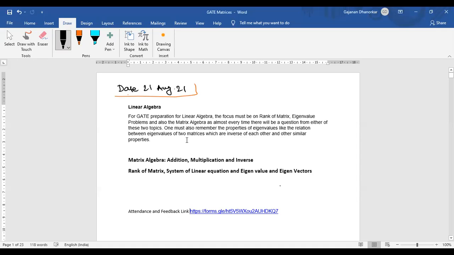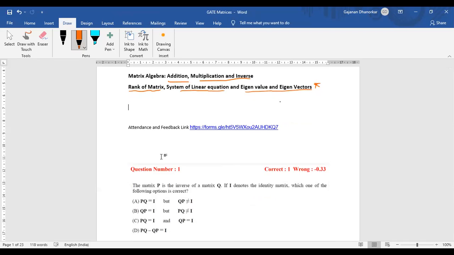For today's lecture, I will start with the simple part of linear algebra, and I will cover some examples on linear algebra, and after that I will continue. In the linear algebra part, we have to discuss matrices. Here we discuss addition, multiplication, and inverse of matrices, how to find the rank of a matrix, how to solve a system of linear equations, and the important part, how to find eigenvalues and eigenvectors for a matrix. I will introduce these first and then